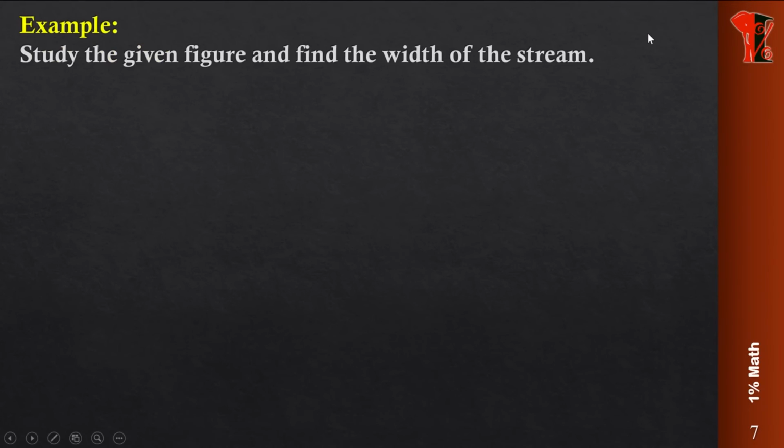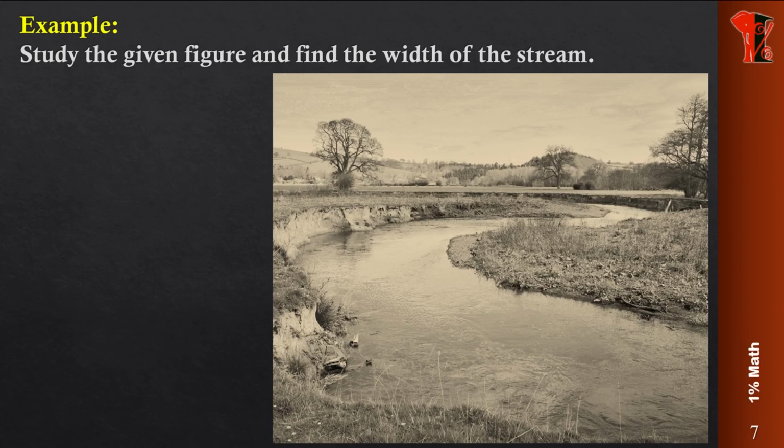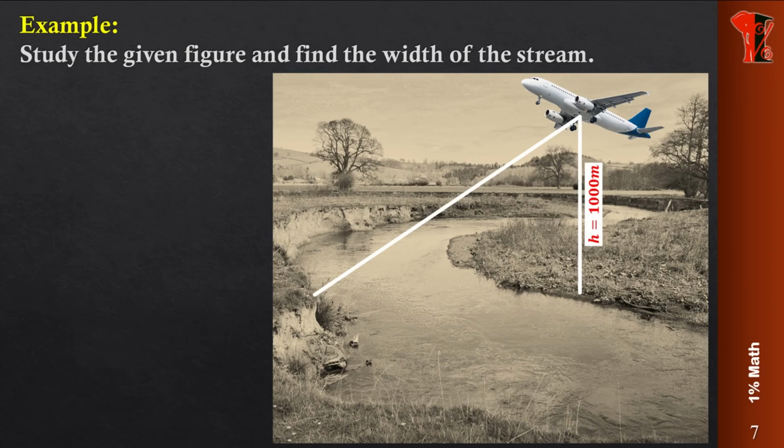So let us start with another example where we are going to take an angle of depression. This is a figure where there is a stream which is flowing. There is an aeroplane which is exactly above one of the banks of the stream, at a height of 1000 meters. Imagine a person who is watching the other bank. Now here, if we join everything, we are going to get a right angle triangle. Now this is going to be